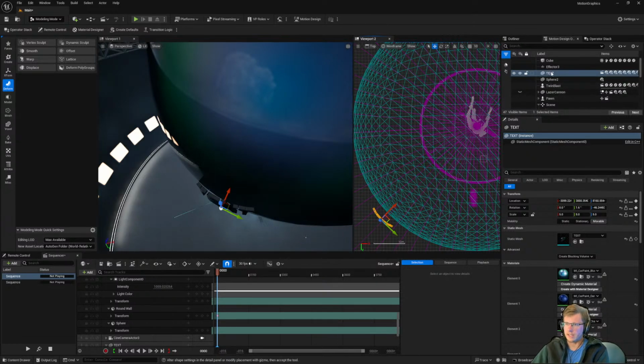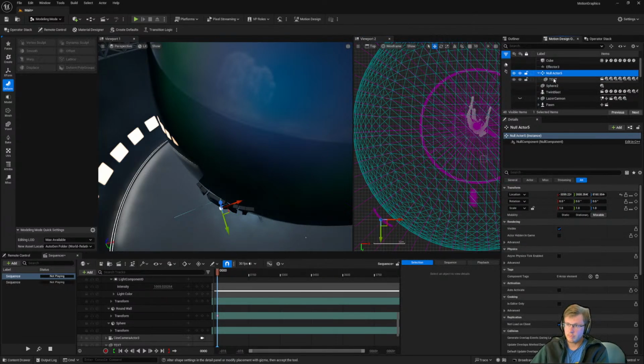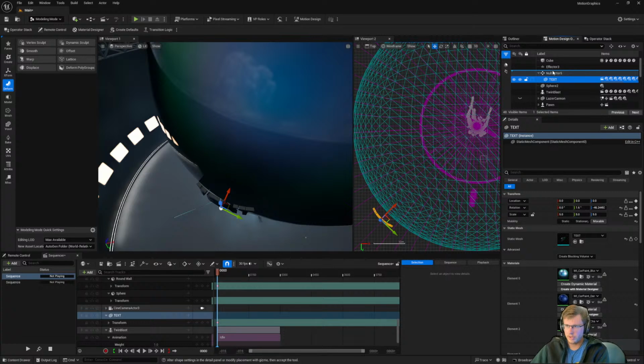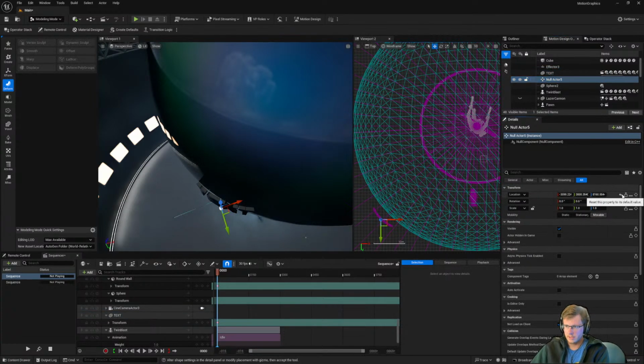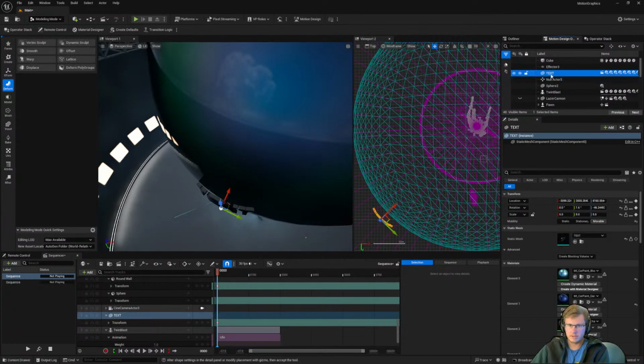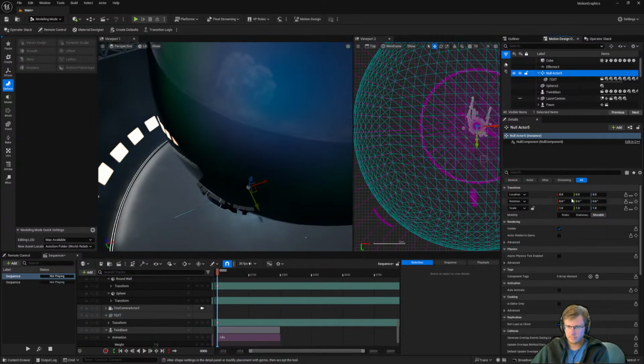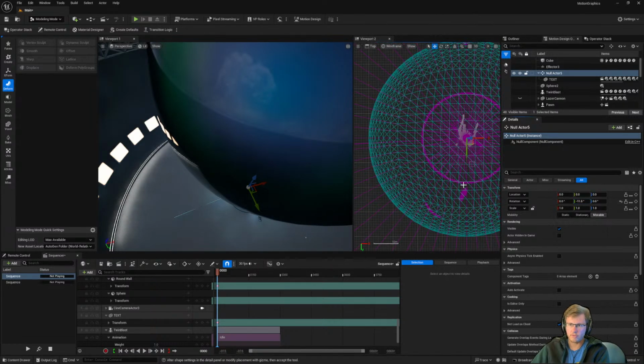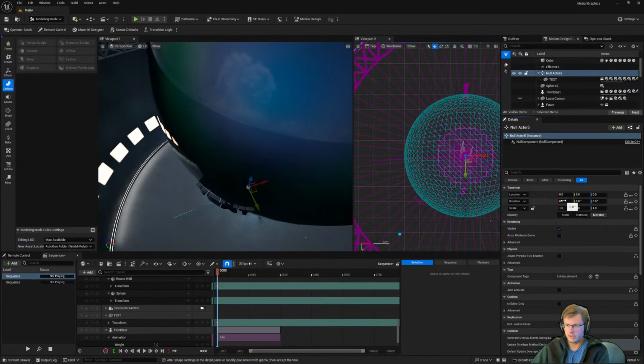Okay, it's getting late. I've been doing this all day. You could do Control G, put it in a null actor. And the null actor, before you put it in the null actor, you zero it out. Then you put the text in the null actor.